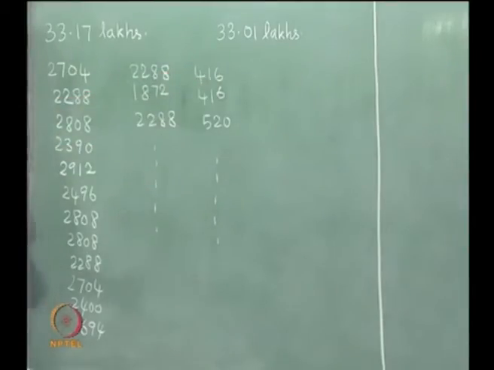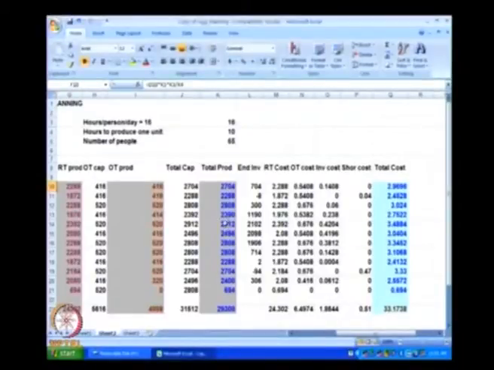Now this is the advantage of optimization. If we were to try and get this solution from the spreadsheet, the user has to play around with these values, and for every change you can see that this value keeps changing. For example, if instead of 2704, I had used 2600, then you see that 33.17 becomes 34.94. So the user can now play around with these total production values such that the value actually comes down. Now that is going to take an enormous amount of time if the user has to do it in